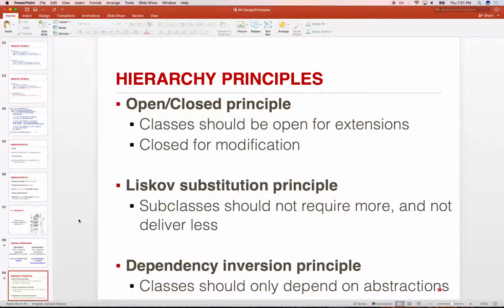Another one is the Liskov substitution principle, again, where any subclass that is extending a superclass should be able to substitute for its base class, right? You should be able to replace anywhere where a rectangle fits, I should be able to replace it with a square, and it should still behave the same. And the other principle that it's a little more